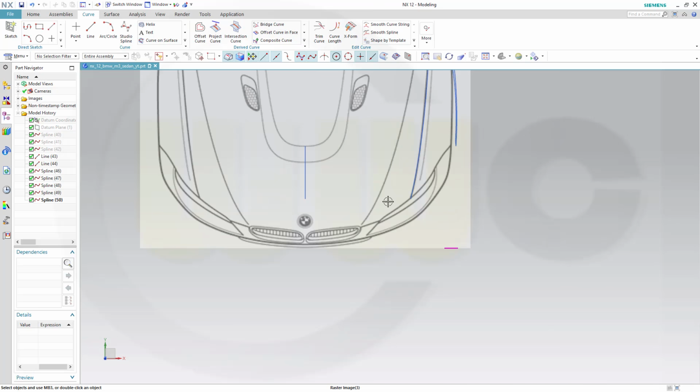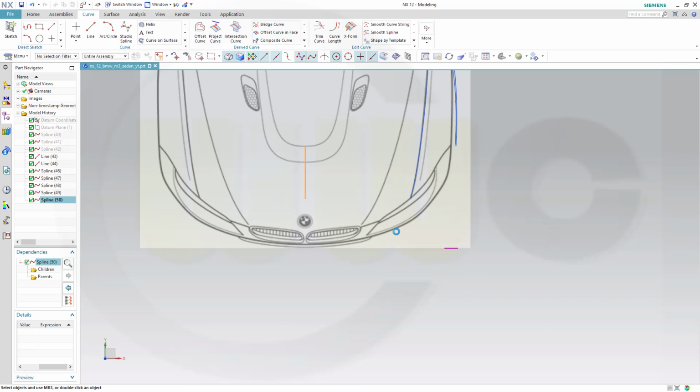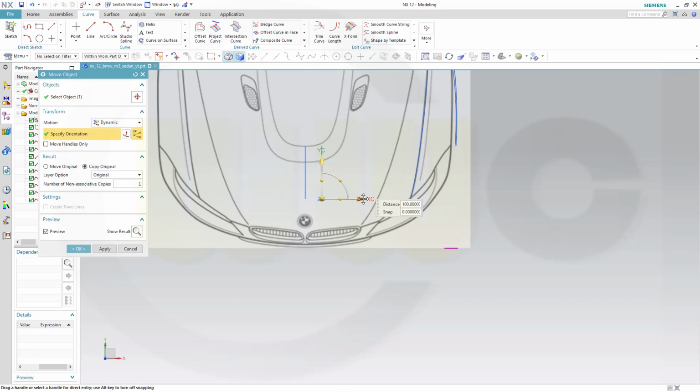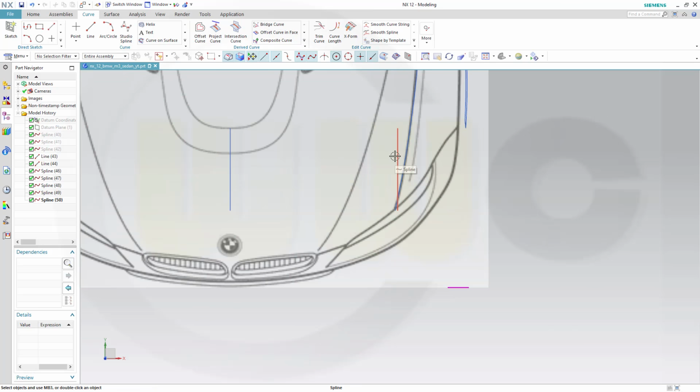Okay, I need a copy of this one. So select it, right click, go for move object, and just move it maybe to this area, and okay. Then double click,